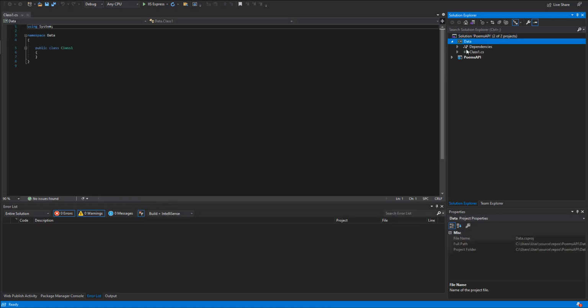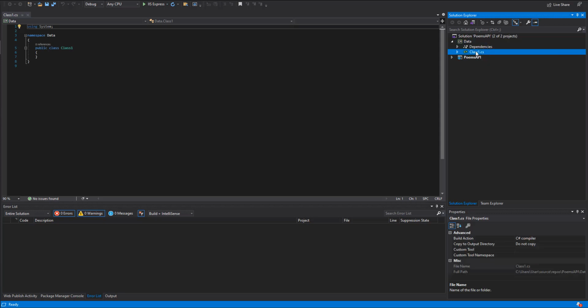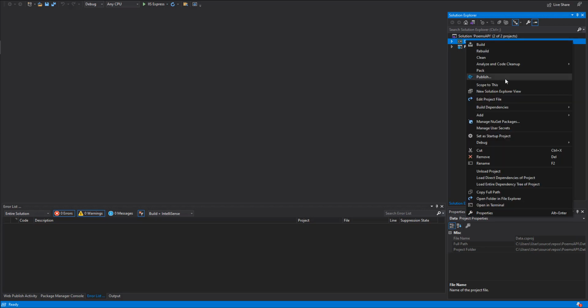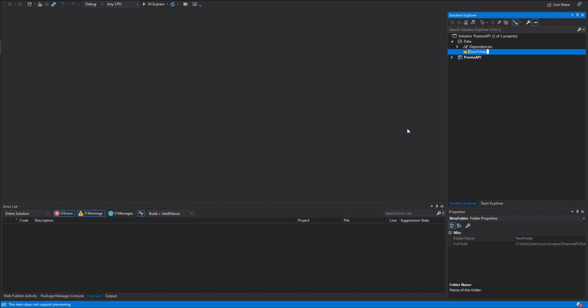Okay, yeah. So this is where our models, our view models, are going to live, and our context. So basically the connection to our database. This is going to be responsible for connecting to the database, in a nutshell. So I'm going to add a folder, and I'm going to call this models,